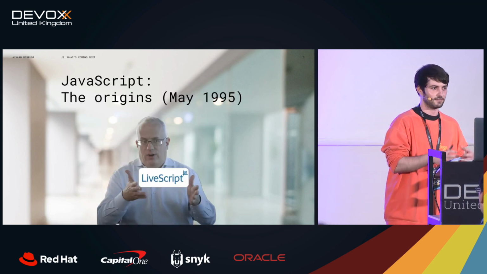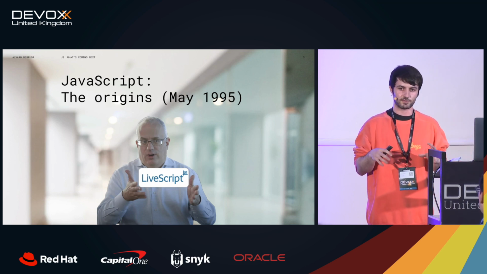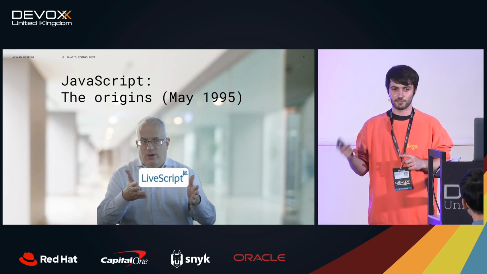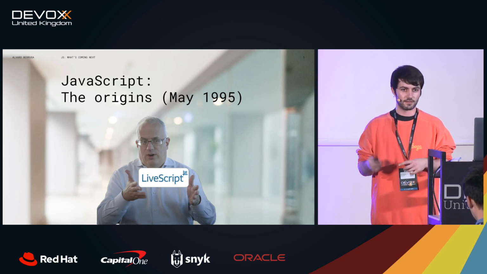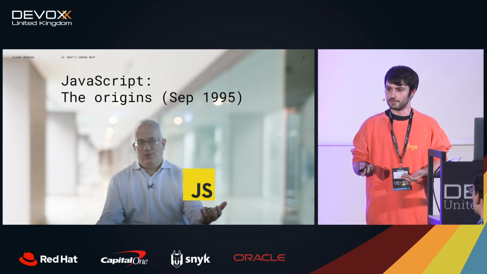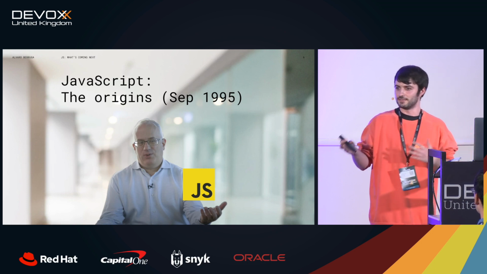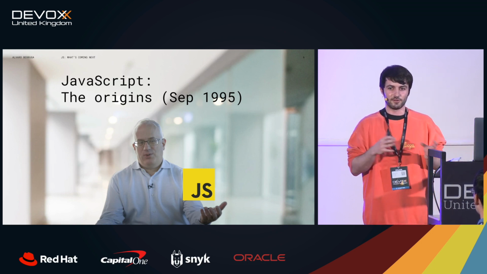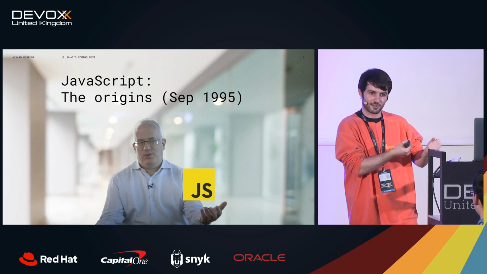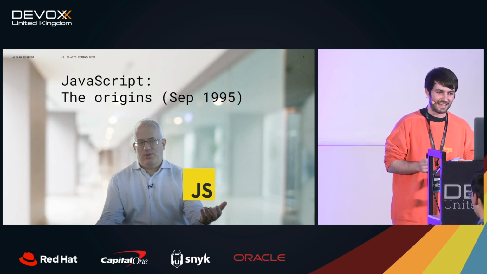He wanted to call it Mocha at first, but the problem is that it was trademarked. So internally they called it LiveScript. But then when it was released with Netscape Navigator 2.0, a browser that Netscape had back in the day, they decided to call it, boom, JavaScript. The idea was that Java was trendy, and the marketing team said, hey, if we call it JavaScript, there are a lot of Java developers out there. So if we call it Java, it's going to attract some people. JavaScript, lightweight Java, boom, we are going to nail it, right?